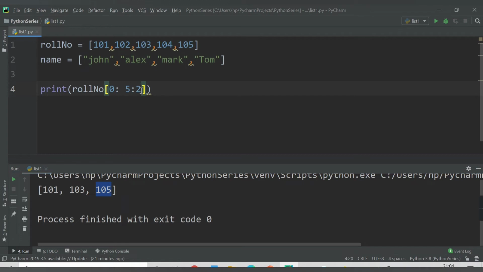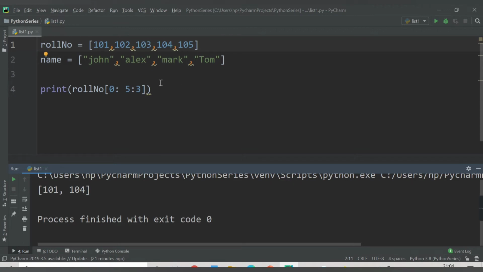What if I say I want to move in a gap of 3? Let me run this. So in that case it is printing 101. So the 0th position is printed, 101. So there is a gap of 3. So 3 means the third element. First will be removed, second will be removed, now the third will be printed. So 104. After that there is a gap of 3, but we don't have data items, so only 2 elements will get printed.